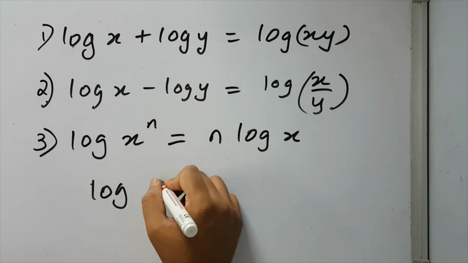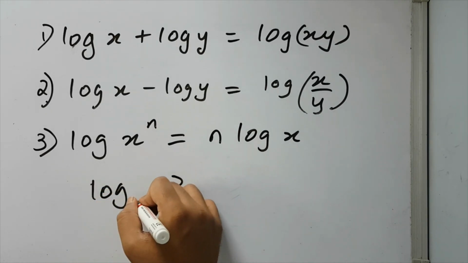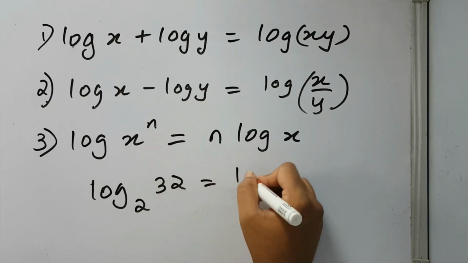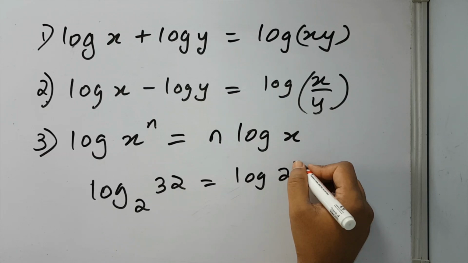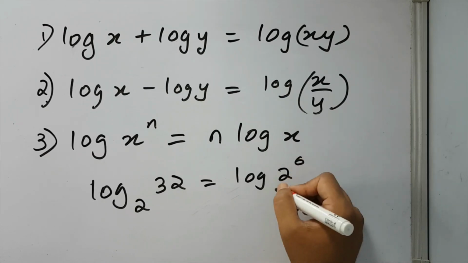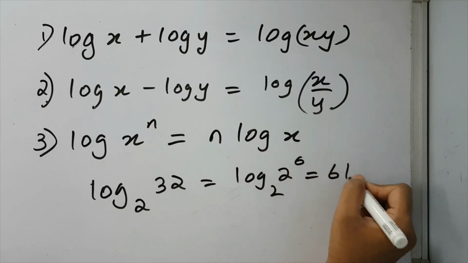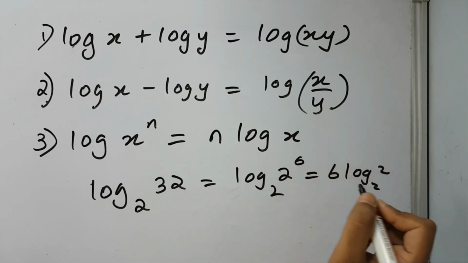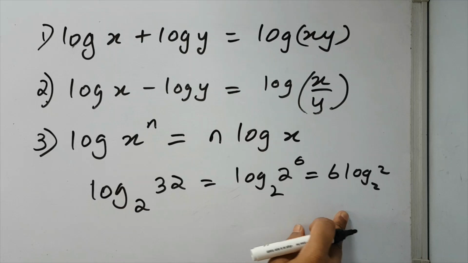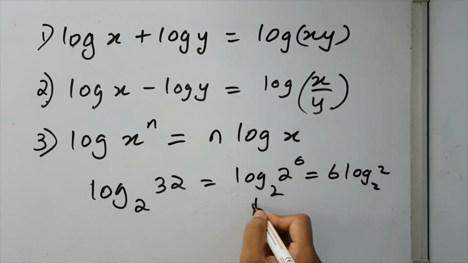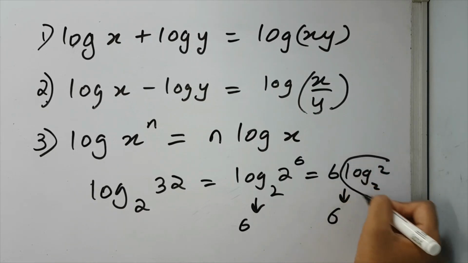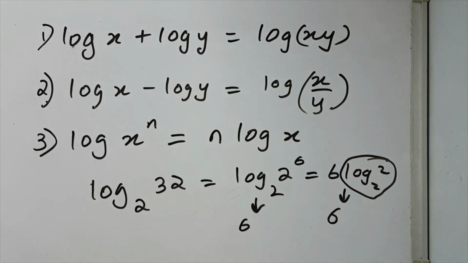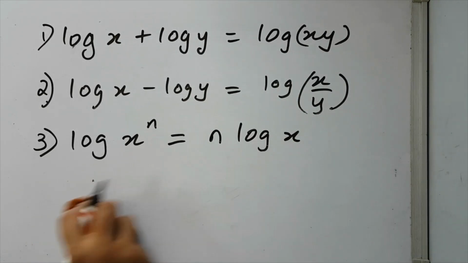log of 32 to the base 2 would be log of 2 raised to 5... or 2 raised to 6 to the base 2, and this would be equal to 6 log of 2 to the base 2. Okay, now you could see that here also you'll get the answer 6, and here also you'll get the answer 6, because log of 2 to the base 2 should be equal to 1. All right, next